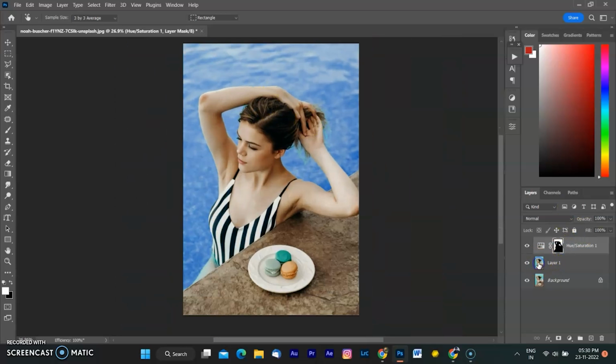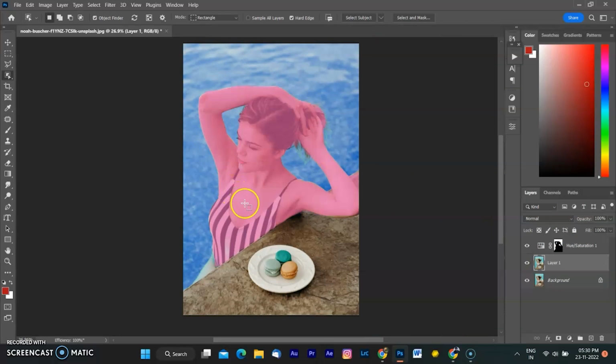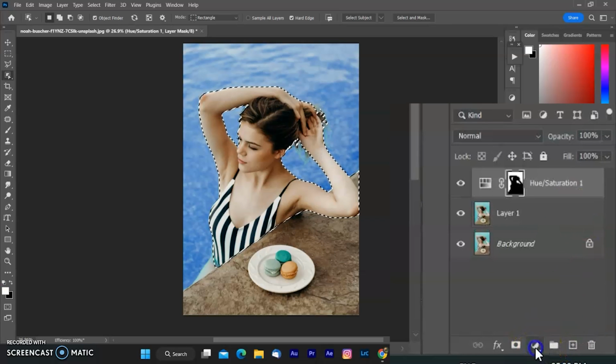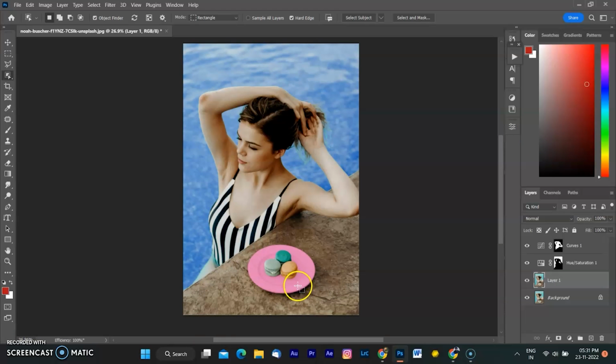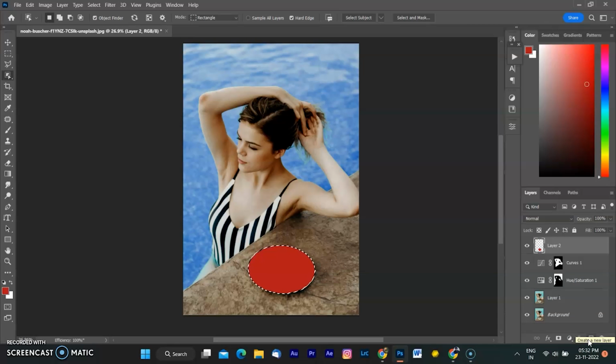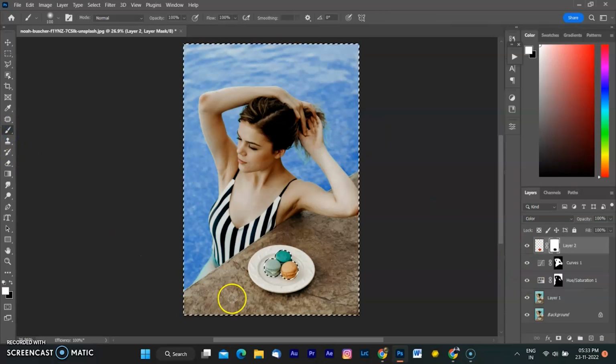Now I am hovering on the woman and selection is showing in the color overlay. Object Finder selected woman with her complicated hair. I am creating a new curve adjustment layer to enhance the shadow and highlights of the woman. And you can see only selected area is affecting with the adjustment because object selection tool selected the woman in details. As I hover the mouse on the cookie plate, again the selection is showing with the color overlay. I have a selection of the plate. I want to change the color, so I painted the color with the new color and changing the blend mode according to the requirement. Also make other small adjustment on the same selections.